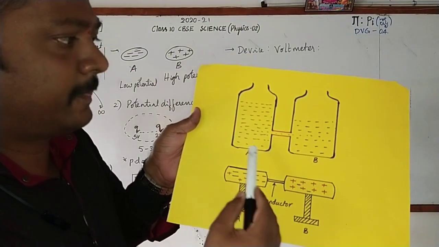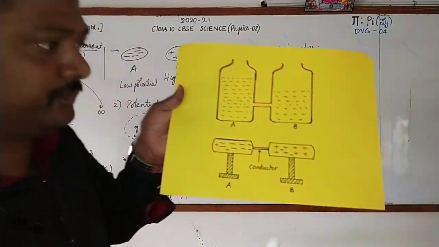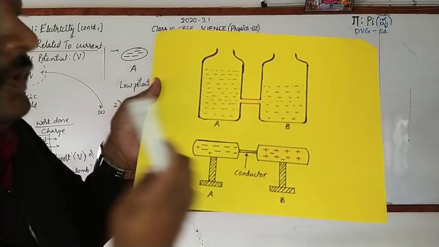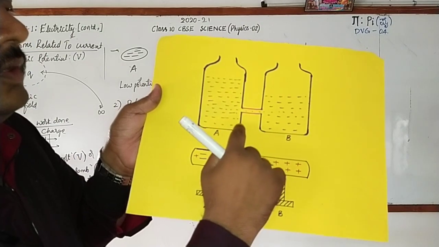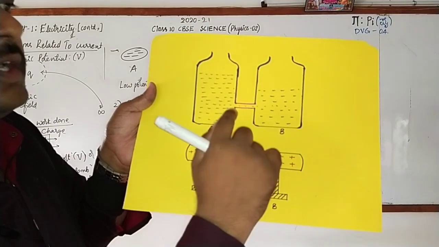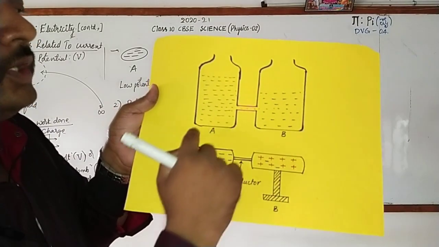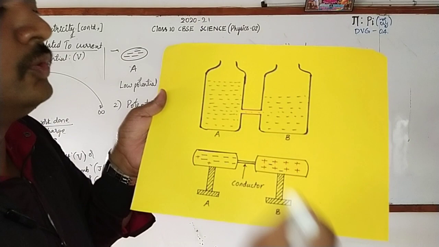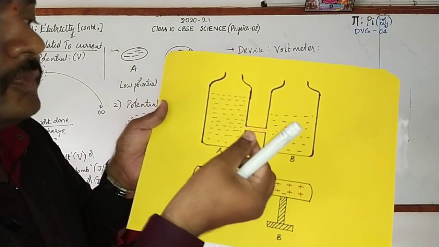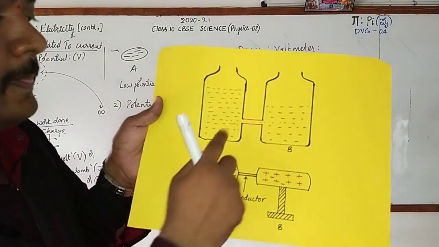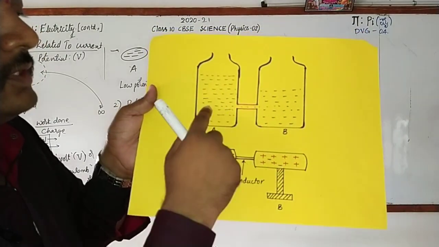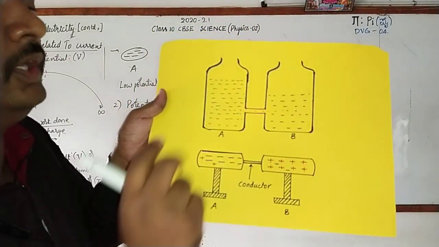Observe this figure. We have taken 2 water bottles. I call them A and B. Holes are made just 2 to 3 centimeters from the bottom, and take a straw and fix the two bottles together. Next, you may press it with the fingers, or else you just fix a clip here. Then pour the water in both the water bottles such that the levels are different.